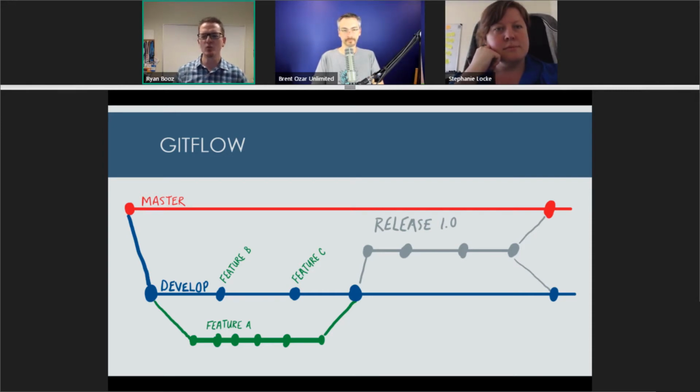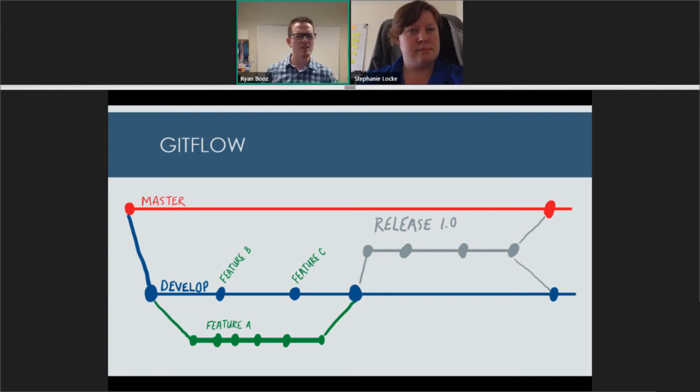So this is a really simple representation of something called Git flow, developed by somebody a couple years ago. The idea here is in development, in our repository, we have a couple of branches. We always have a master branch. That's kind of like our golden standard. When we release something, it always gets put back into master. And that's the thing we push out to production somewhere. Otherwise, no one develops on master. We don't keep that going. That only receives the final changes. It's kind of our global record.